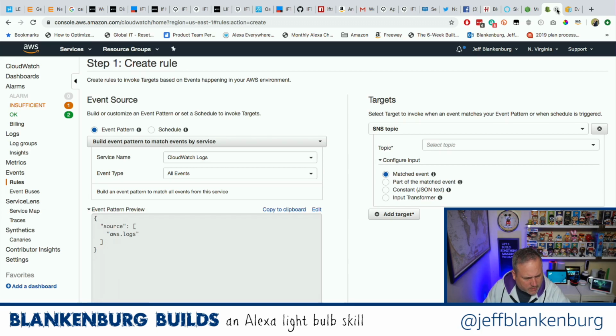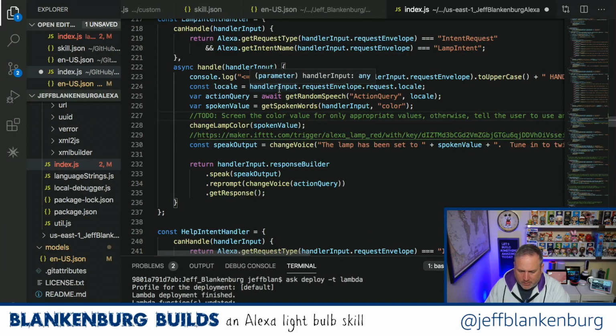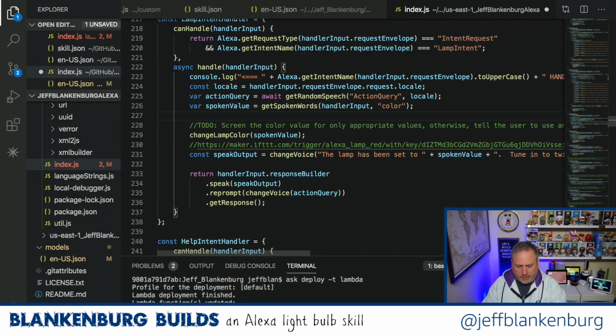So many tweets today. Yeah, this seems like a Franklin thing. There's a number of people I can think of that might be able to do something like this. It feels like it could be alarms or events, but I don't know what I'm doing enough to pull that off. So we have our working thing. The last piece that I need to do is screen out the appropriate values. So let's do a